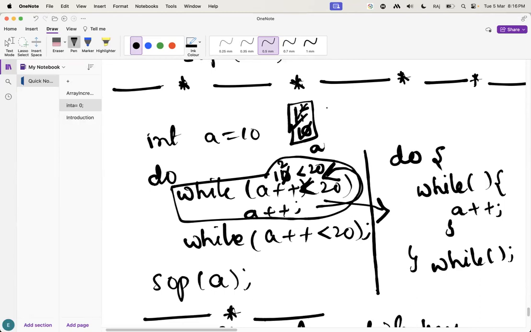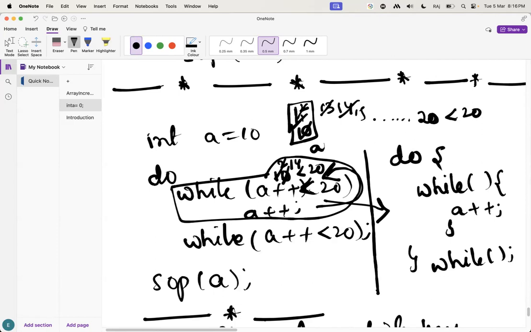Again, it is going to be incremented here, right? Now a plus plus, again it is going to be incremented to 14. Guys, understand this one? Again, it will take its value as 14. Here it is going to be incremented and checked: 14 less than 20 is true. It comes here. In the same way, when it comes to 20, guys, understand, 20 less than 20,